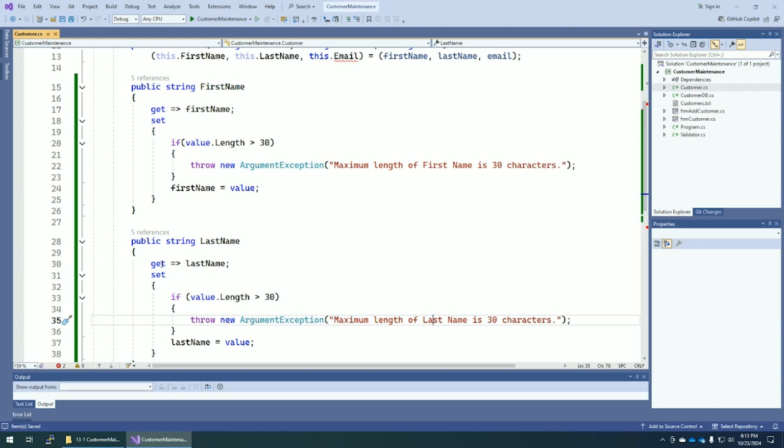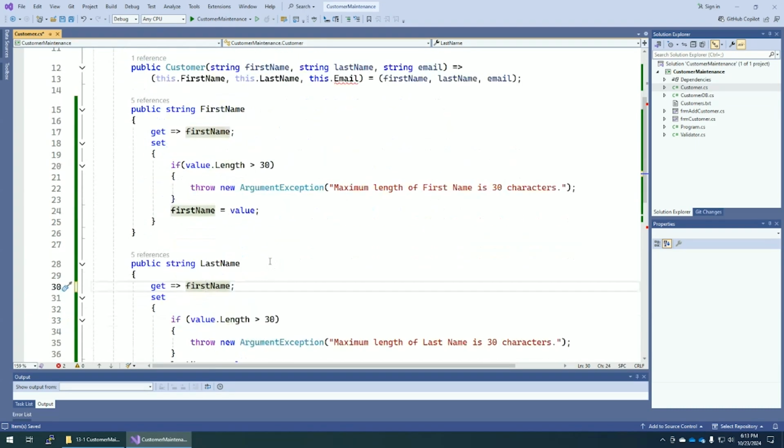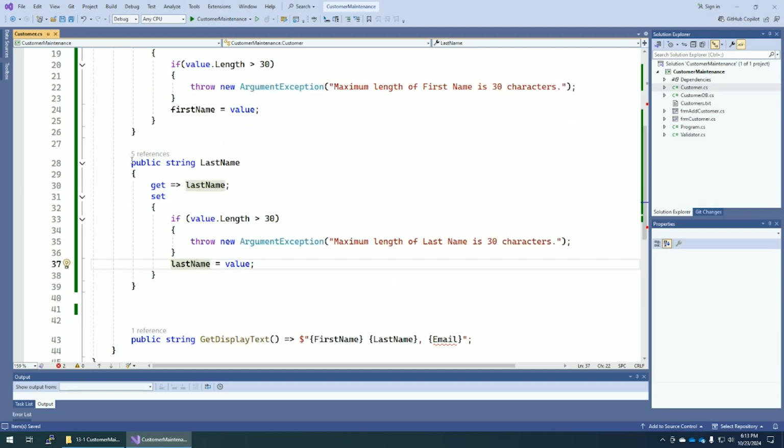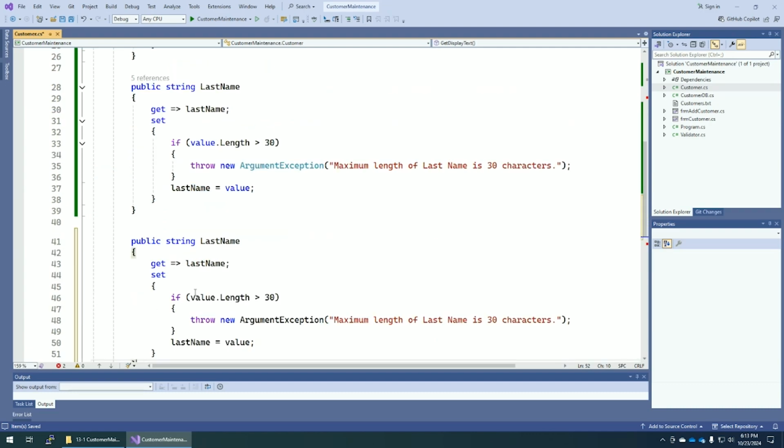So public string last name, get returns last name. Because here's the thing, if it returns first name, it's not going to give you a syntax error here. It says, yeah, fine. If you ask for the property last name, I'll give you the private field first name. There's no syntax error with that. It's more of a logic error. So make sure you get all those first names to last name. So if last name's value.length is greater than 30, that's last name, and that's last name for set. Okay, we did last name, so of course let's now do